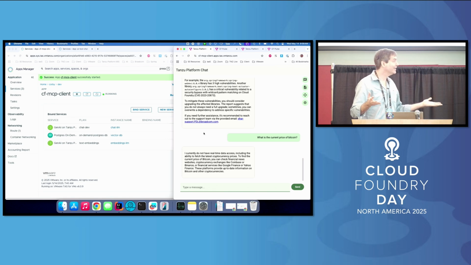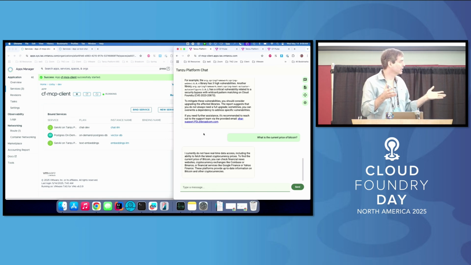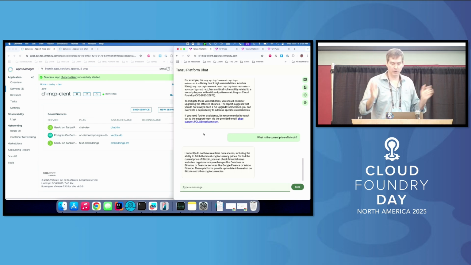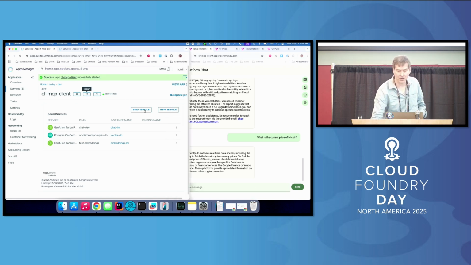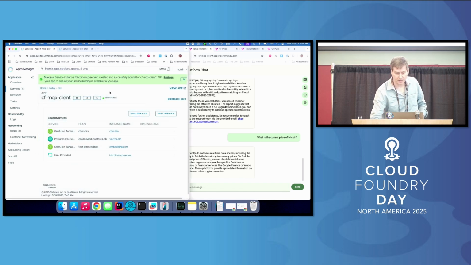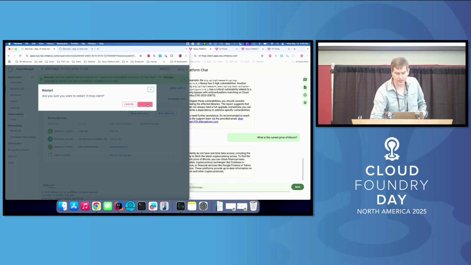So Kirti, you developed for me a Spring Boot application that provides an API that gives me the current price of Bitcoin. We've pushed it to Cloud Foundry, and you put a thin MCP layer on top of that, which provides that pluggable interface so that my model can talk to it, and we get the agentic AI here. So I'm going to go ahead and bind my application to Kirti's Bitcoin server, and I'll go ahead and restart the application.